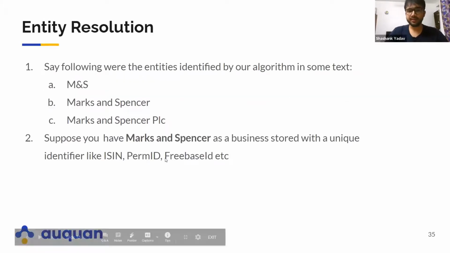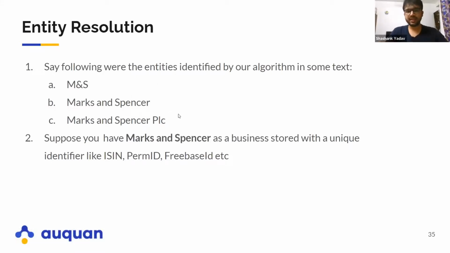Yeah, so let's move forward into another problem. Currently, we have been able to identify organizations, people, etc., or any other named entities from text. So here are three. Suppose these are three entities that we have been able to identify: MNS, Marks and Spencer,